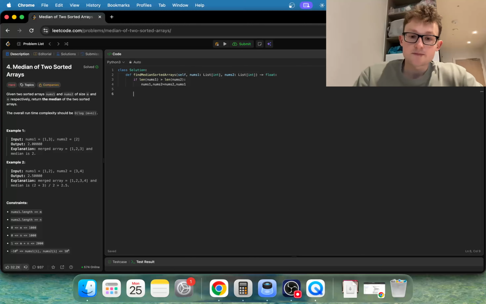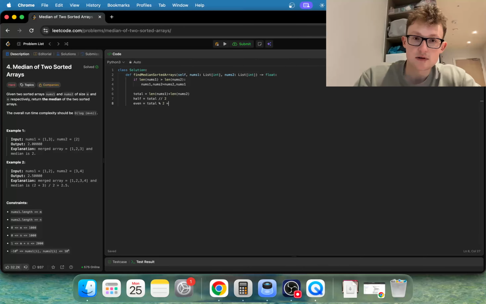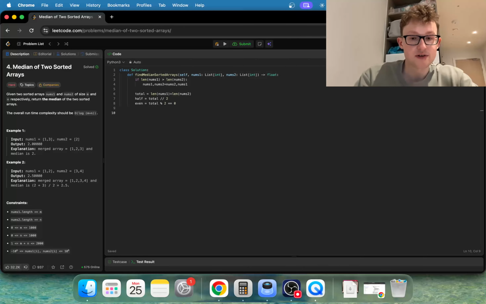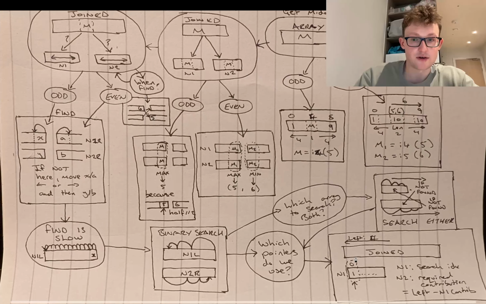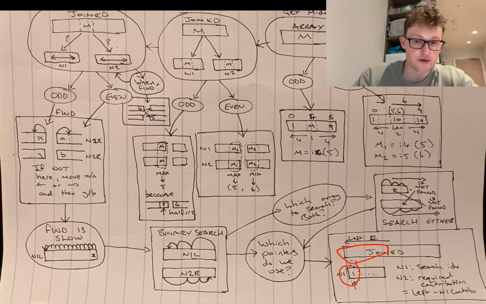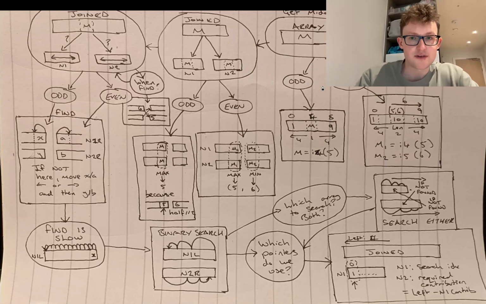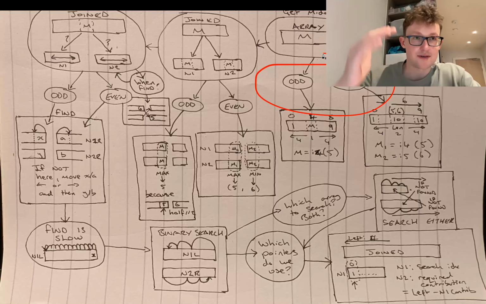We can get some extra informational variables like the total length, half the length, like what's required on the left side. Round down, that's what the double slash is. And then we can say, is it even? And there we have some helpful information for like what we need. We need to know what's the total size of the left, so we can, based on the n1 pointer, find the n2 size that it contributes, stuff like that. And we need to know, is it even or odd, for all of our decision points when we need to handle different cases.